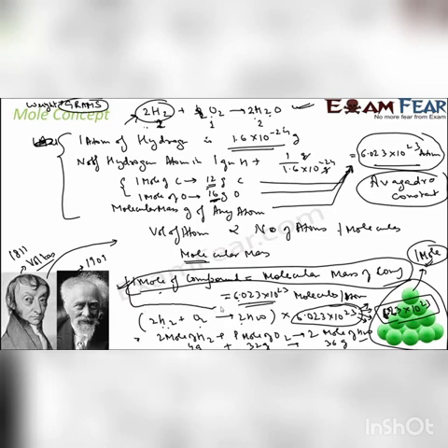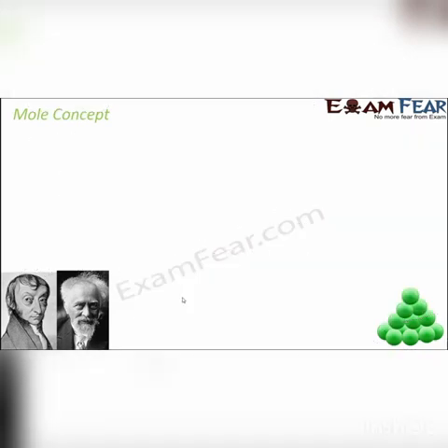This is a very critical formula, a very critical observation, and it will be used in a lot of questions. Since it is a very critical concept, let me write it once again here. These many, let's say 6.023 into 10 to the power 23 molecules, is equal to 1 mole, and 1 mole is nothing but